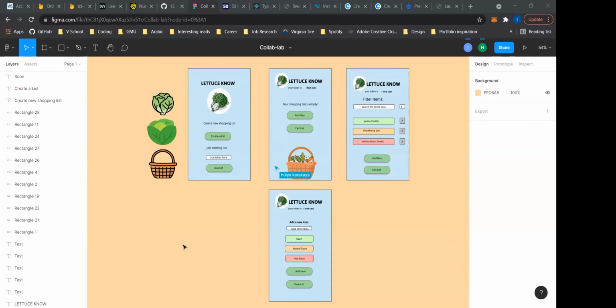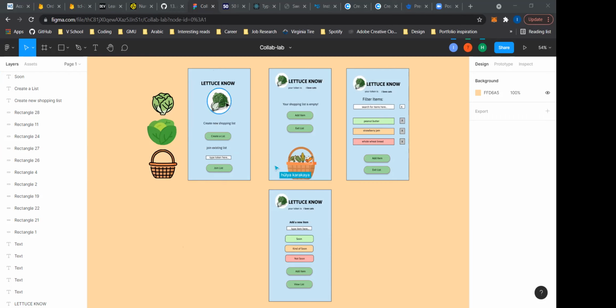And Sandy had also looked at some of the past cohorts and their projects so that we can get some inspiration, and she came up with an awesome color palette as well for us, and name. But yeah, so we made these wireframes, and we're still messing around with the colors.